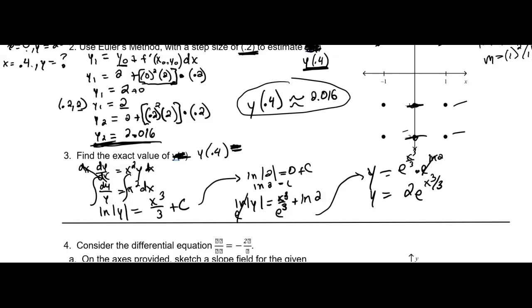Now that I have that, I can actually figure out what is my exact value. Oops, not at 2. Darn it. But now I can use that equation and figure out my exact value at 0.4. So again, give me a minute. Let me plug that in. And what we will get is